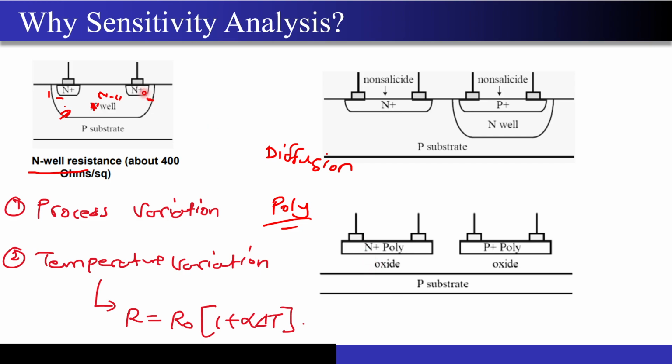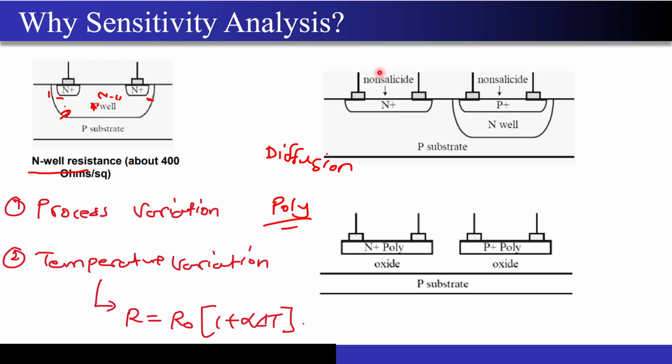Now coming to why this sensitivity analysis matters. What I have done here is shown you the diffusion resistance, the poly resistance, as well as the N-well resistance that exists in a particular technology node, be it 180 nanometer or 65 nanometer. Now this is the N-well that I wanted to create, or this is the N plus diffusion that I wanted to create. You do ion implantation to create these islands of N plus regions, right? Let's say for this particular N plus region, I wanted a particular concentration of dopant impurities, let's say 10 to the power 19 per centimeter cube, right?